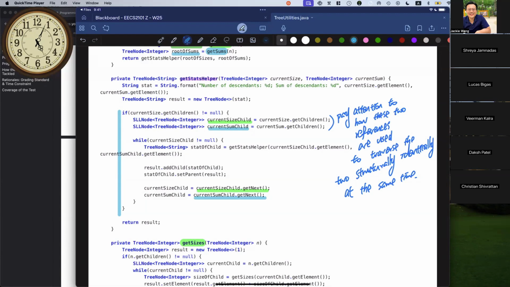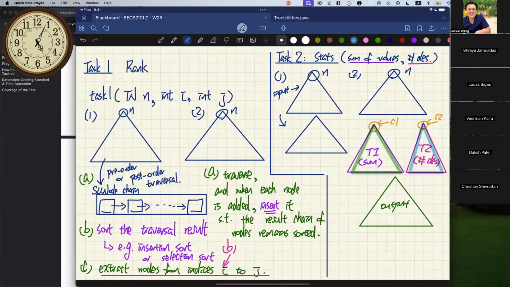I was going to ask, for both tasks, if you go to the iPad notes where you drew the diagram, is there a difference between the runtime for your two solutions for each task? Are you talking about task number 1 or task number 2? For both of them, there are 2 approaches. Would there be a difference in runtime? It's a good question. For this one here, there's really no difference. If you talk about space complexity, of course, this one is going to waste a little bit more space.